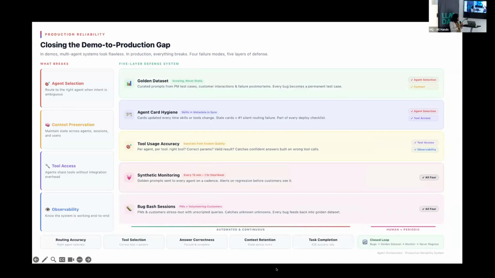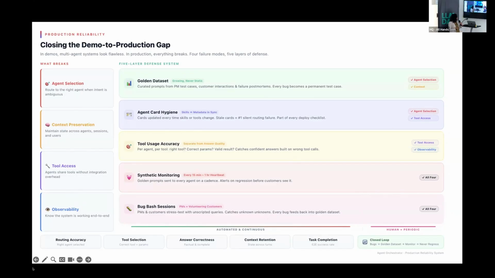Going further, the next thing I really want to talk about is closing the demo to production gap. When you're doing a demo, you have the agent orchestrator, you have a pre-configured prompt that you have tested a lot. It goes to the right agent, you get the right answer, and it all looks very good. But then when you let it out in the real world, humans are fairly creative with language, and they can ask the same thing in so many different ways that hallucinations are quite common. Going to the wrong agent is also common because you might have two agents that are retrieving data, but on completely different things. So it's important to control for these.